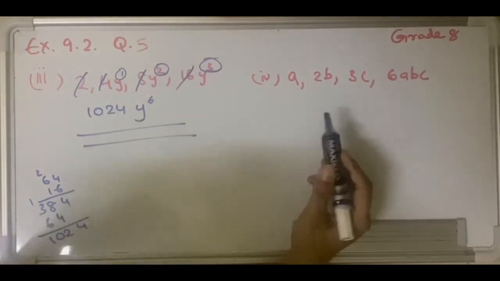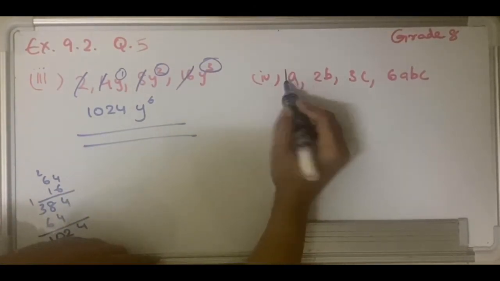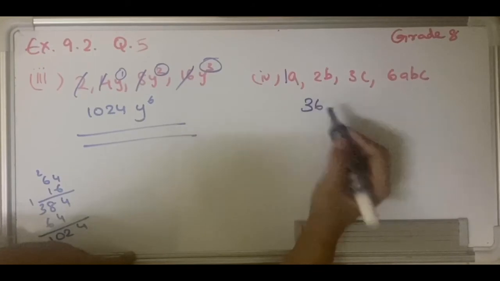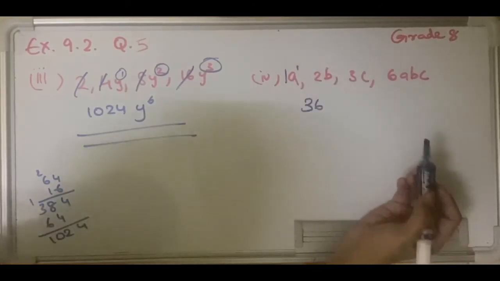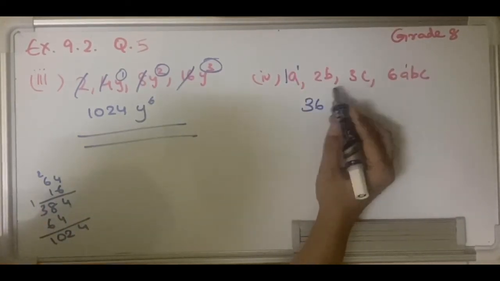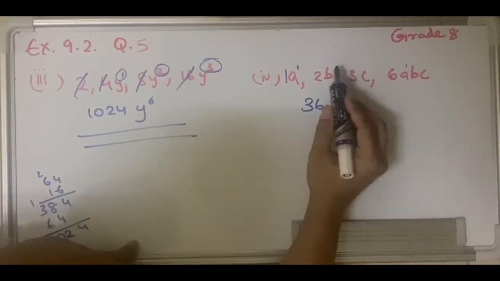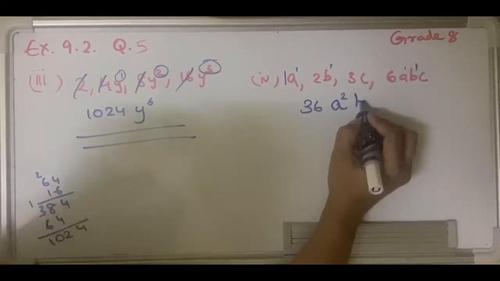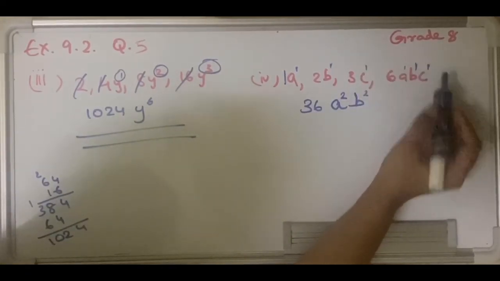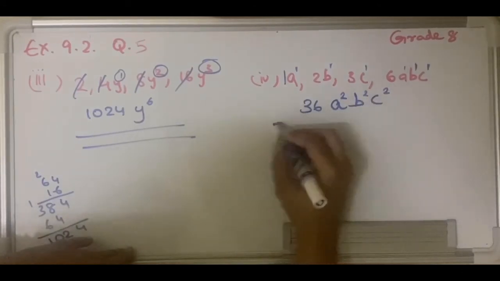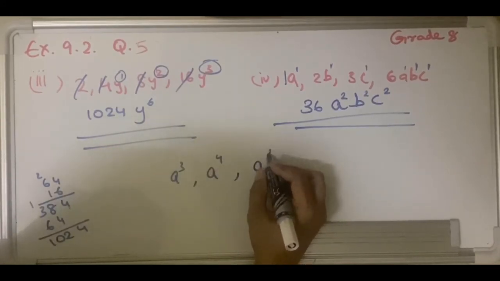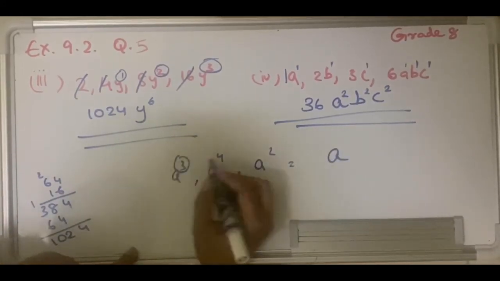Next question, again I have to multiply the numbers first. No numbers means it's assumed to be 1. So 1 times 2 is 2, 2 times 3 is 6, 6 times 6 is 36. A raised to nothing means you put a 1. So a raised to 1 multiply a raised to 1. So a raised to 1 plus 1, which is 2. Right. B also you have 1 here, 1 here. So b raised to 1 plus 1, you get the same, 2. C also same story. You have c raised to 1, c raised to 1, which means c raised to 1 plus 1, 2. Clear? So basically what you are doing, if you have different exponents with the same variable, you are simply adding these exponents. Clear?